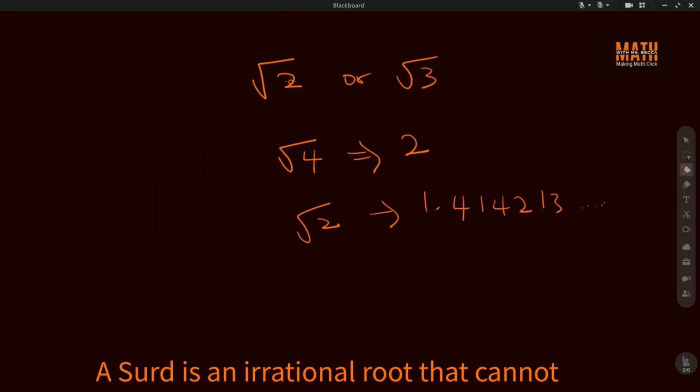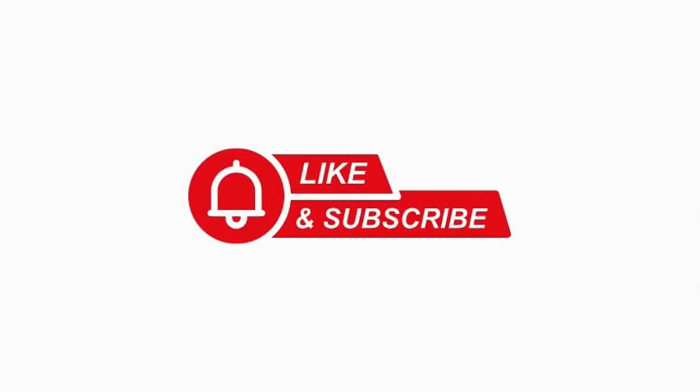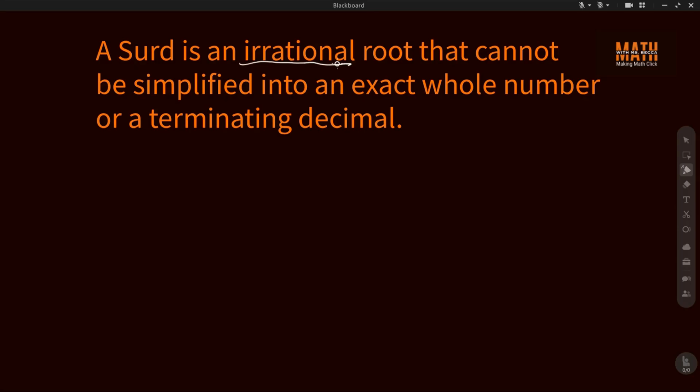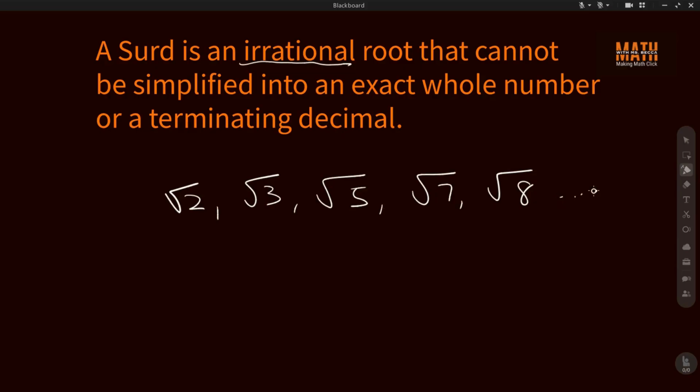Root 2 is a surd because we can't simplify it into a simple number. It stays that way forever. Now let's look at some examples of surds and some examples of numbers that are not surds. For example, root 2 is a surd, root 3 is a surd, root 5 is a surd, root 7, root 8 and so on. They are surds, but non-surds are root 4